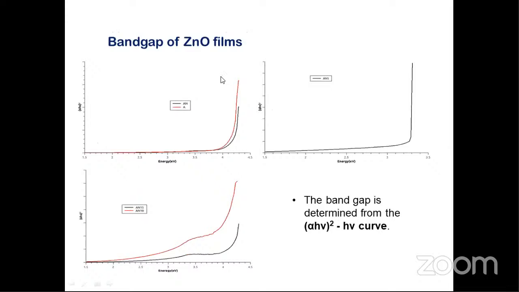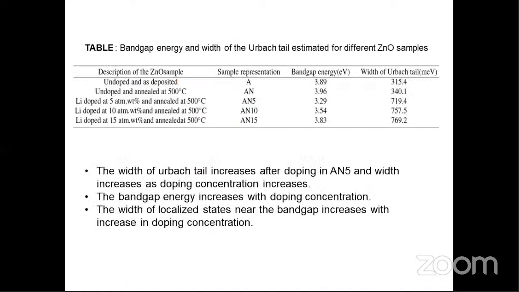Here we calculate the band gap of the zinc oxide film, and the band gap is determined from the alpha h nu square versus h nu curve. The values of the band gap energy and the width of the Urbach tail for different samples are tabulated in the table shown here. And from the table, it is clear that after doping, the width of the Urbach tail is increased considerably,